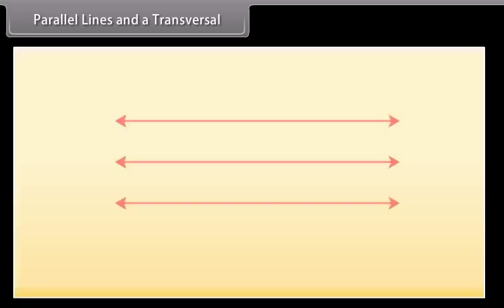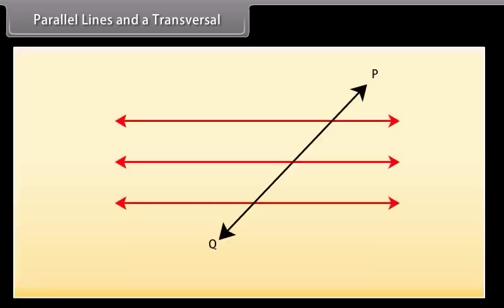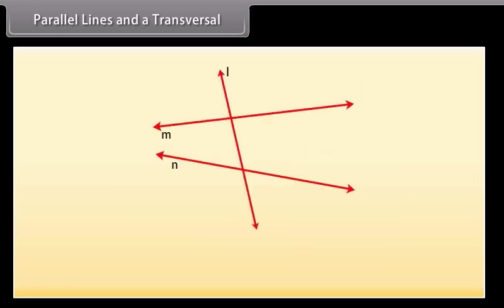Parallel lines and a transversal. Friends, we have studied that a line which intersects two or more lines at distinct points is called a transversal. Look at this figure. Here, line L intersects lines M and N at points P and Q respectively. Therefore, line L is a transversal for lines M and N. Observe that four angles are formed at each of the points P and Q. Let us name these angles as angle 1, angle 2, angle 3, angle 4, angle 5, angle 6, angle 7